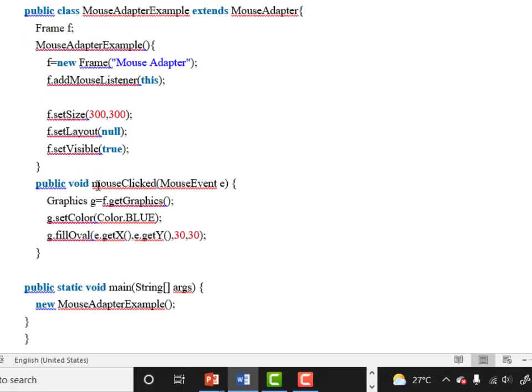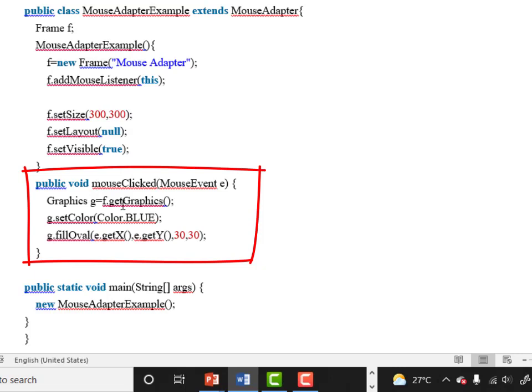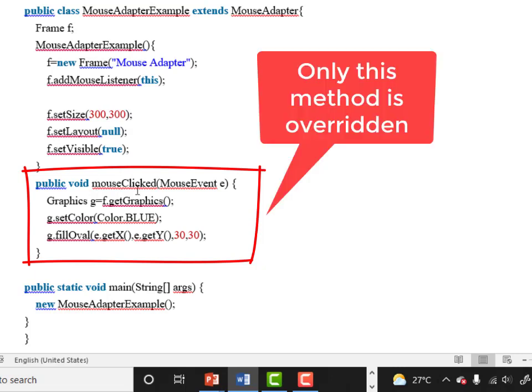Now you can see here I am overriding the mouseClicked method, and inside this method I am using the same logic as I did with the interface.